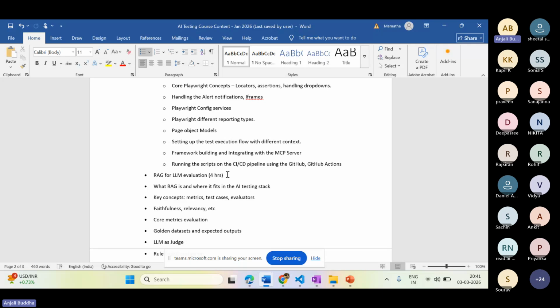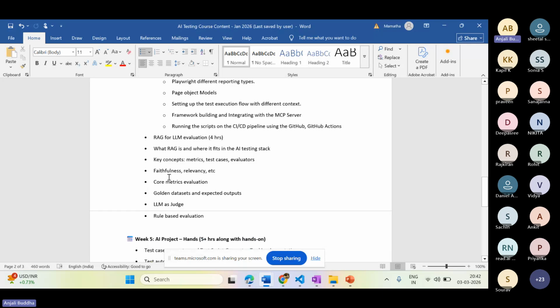So when we talk about LLM model evaluation, it depends on which algorithm we are going to use that model for the prediction. These kinds of validations we use for machine learning models also, and for LLM models also. So the different metrics we are going to use are for different types of models. So we'll be understanding here what RAG is for LLM evaluation, and with that, the different metrics validation.